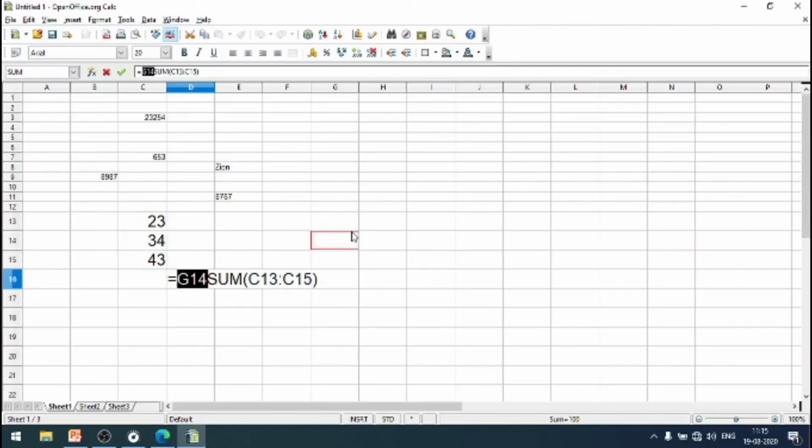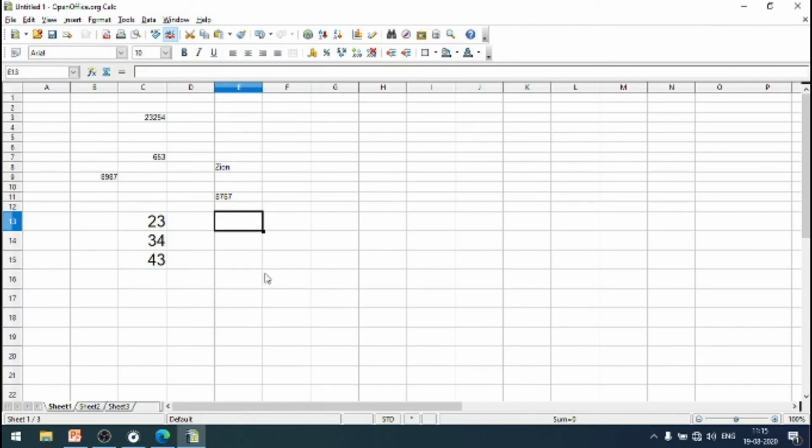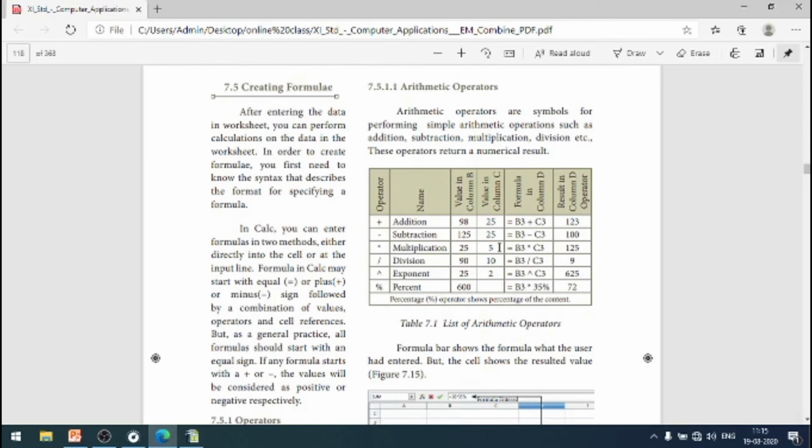Look at this example. Say equal to. So now I am going to add these two values, 23 and 24, by using the operator plus. C13 plus C14. So the total answer is 57. Look at this formula. I have used plus. You can use minus here. You can use the asterisk symbol. You can use division. These are all arithmetic operators. Next,